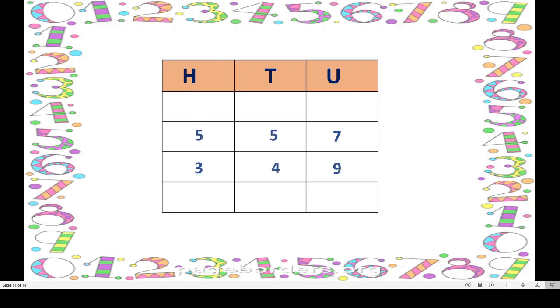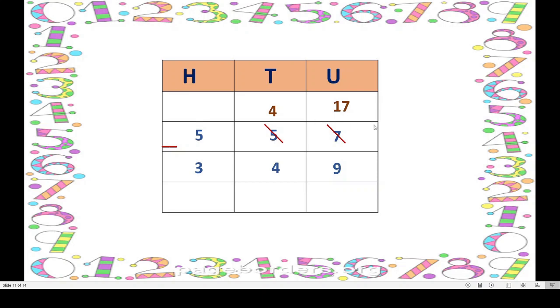557 minus 349. Okay. Now see this. This is the unit place. 7 and 9. We have to subtract 9 from 7. 9 is bigger than 7. Again, what will we do? Now 7 will borrow from the tens place. Okay, and here in the tens place 5 is there. Here 10 unties and it becomes 4 and 1. Isn't it? Here it becomes 17 and here it becomes 4.